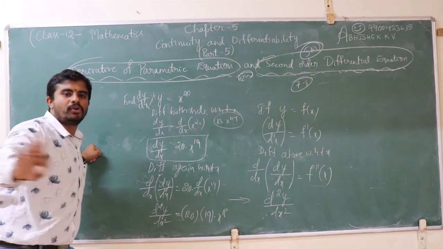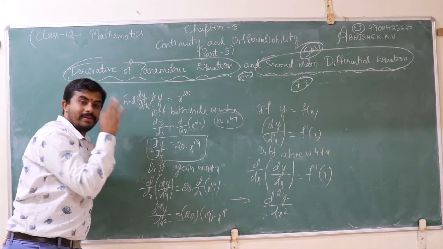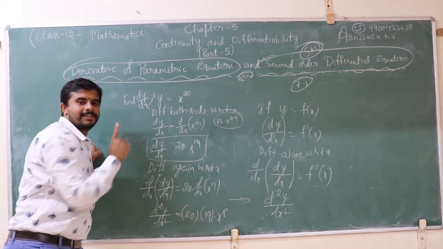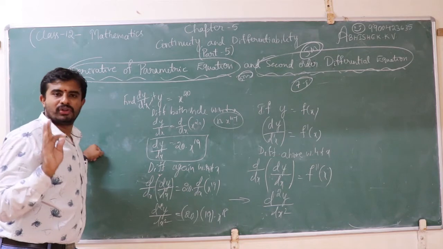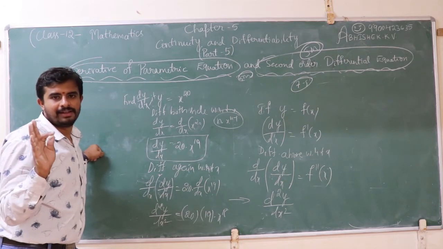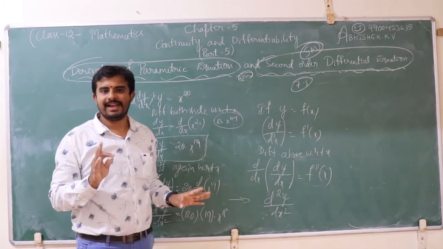Throughout your second year PUC, the maximum order of the differential equations is two. You are going to differentiate the given equation up to 2 times only. That's all. That's why it is called the second order differential equation. I hope you are getting this.